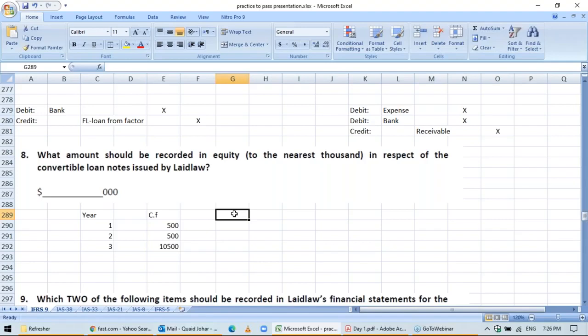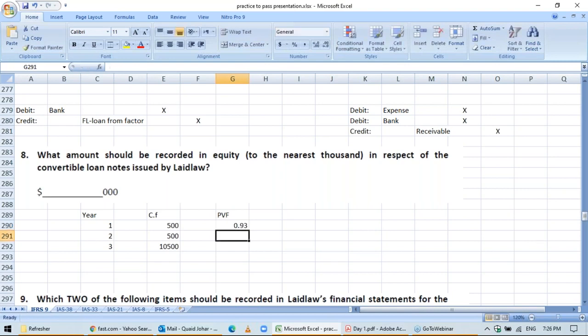Please do not forget that the present value will always be calculated at the effective rate and not at the stated rate. So we'll take the present value fraction at the effective rate given in the question, which is 8%,